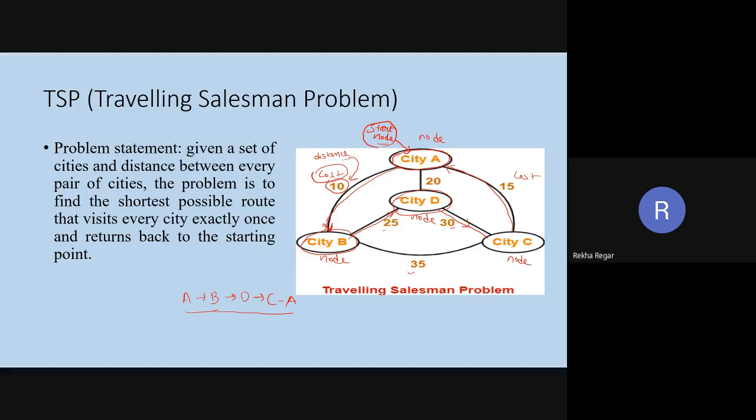So what is the total cost in this one? Total cost or distance, whatever you want to name it. You can take that value as distance also, you can take that value as cost also. It is not a difficult one.